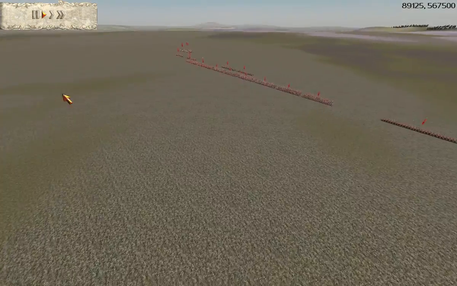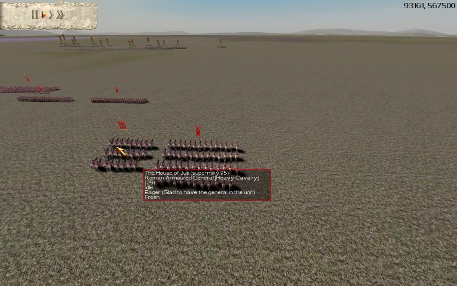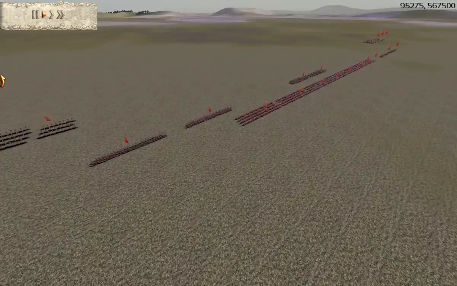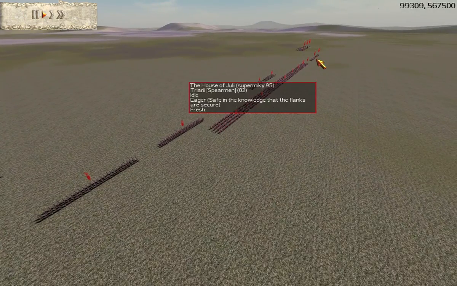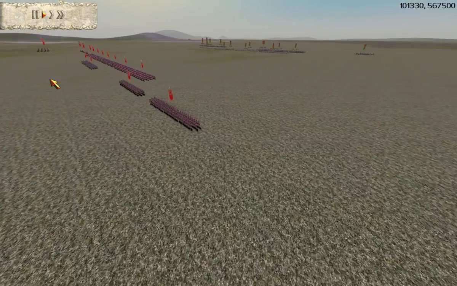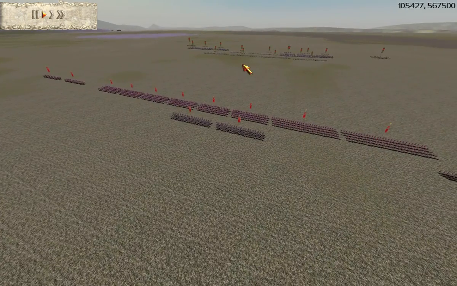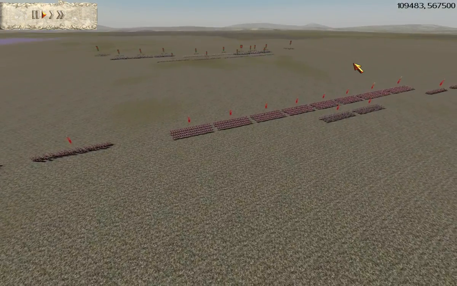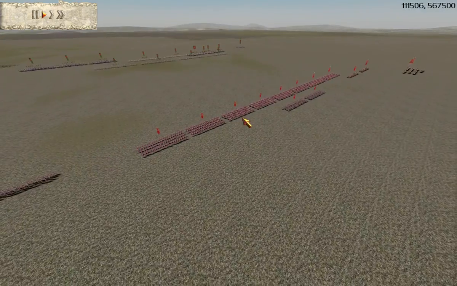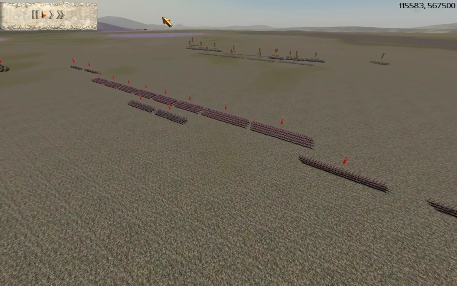He has 1, 2, 3, 4, 5 cavalry, Praetorian cavalry, I think. Well, 4 Praetorian, 1 Roman general, 4 Triarii, no upgrades. Legionary First Cohort, 2 of them, no upgrades. 6 urbans, 2 archers. So he doesn't have any upgrades on his units, but what I learned was on large